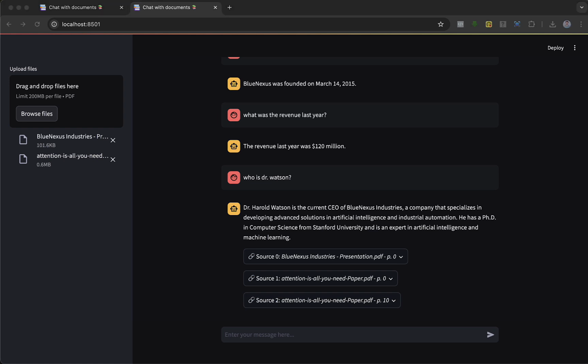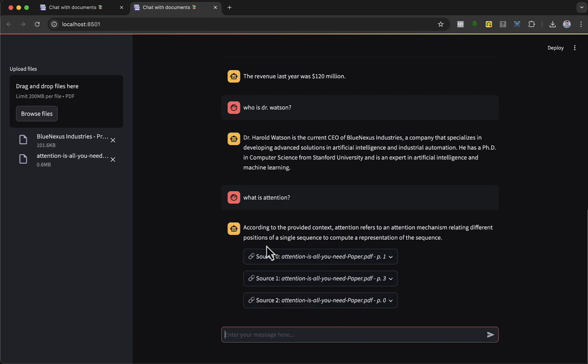Now let's ask another question. What is attention? And here we have the response according to the other PDF file. Attention is all you need. According to the provided context, it refers to an attention mechanism. It is responding to the question according to the context, and it is not responding according to the general meaning of the word attention. That's all for this lecture that we have just finished